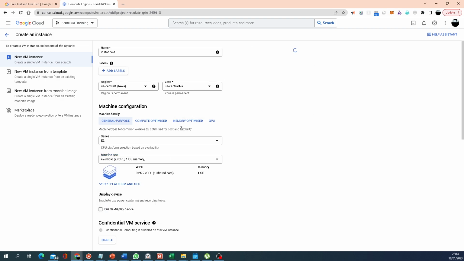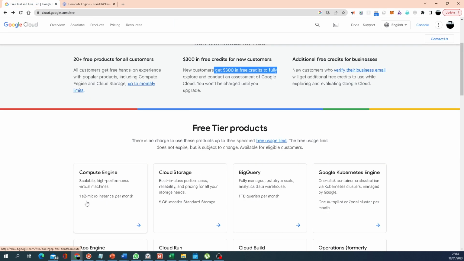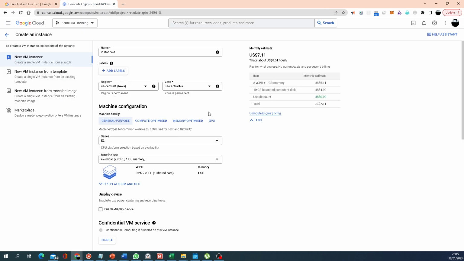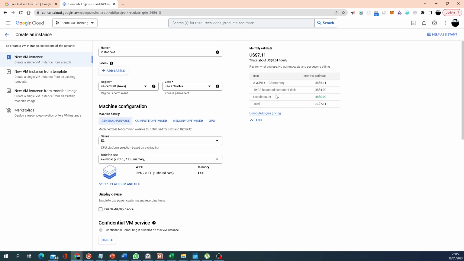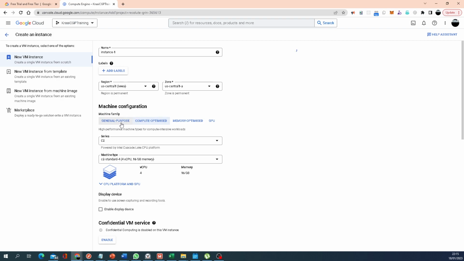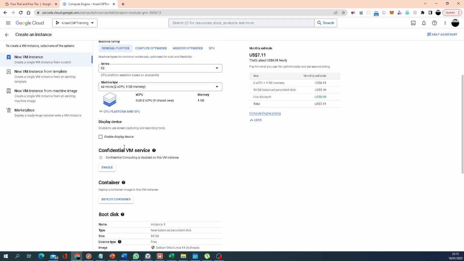If we look at micro, we should see the price up here. And if I'm not mistaken, we get one E2 micro instance per month free. We should be getting that for free if you're on the free trial. I'm not going to pay for this now. I think my subscription just ended, but this is $7 a month, which is really not much. And then you can look at all the other options that I have on machine families for compute, for general purpose, and then you can